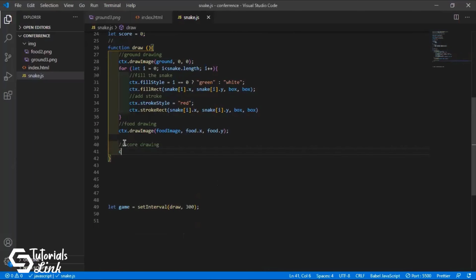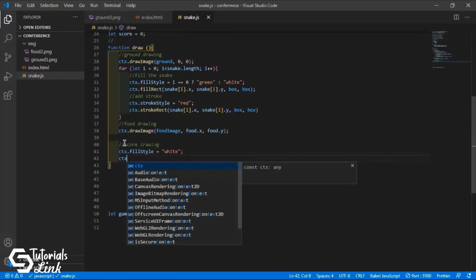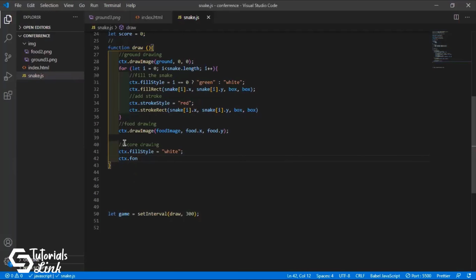It will have ctx.fillStyle, and inside this let's say I'll use white color, and I'll give some font. Here I will use Changa One. I need to give it some pixels just to make it visible. So 45px should do good.